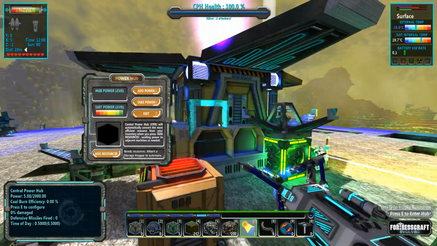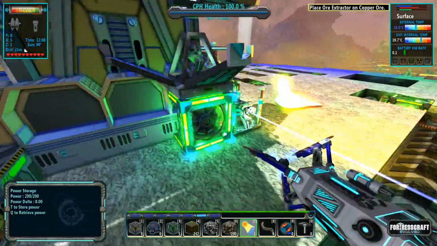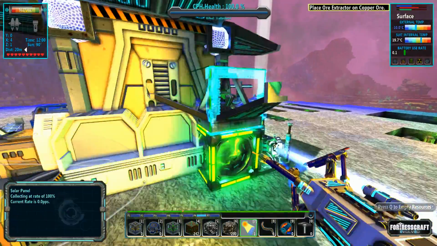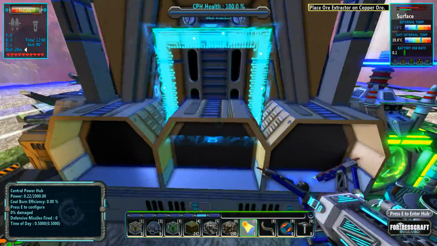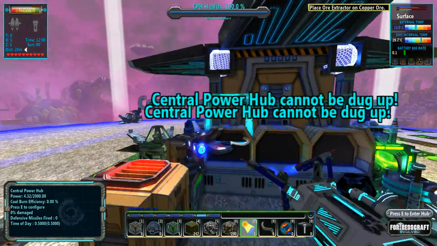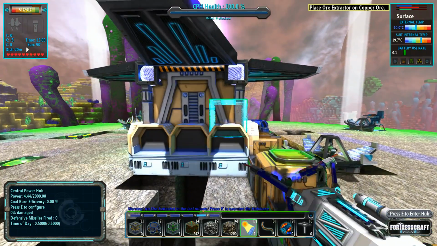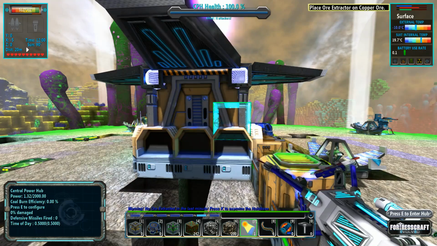And you, Mr. Power Hub, you have got no power. This thing is not doing jack. Okay? I know that the CPH gets power out of here and put stuff in there. But apparently, that cannot be dug up. Even if I press the shift key, control key, that can't be dug up. I suppose you don't want to dig it up and then move it somewhere else, because you can move it underground and then the bugs would never get to it. Should be nice, but yeah. So